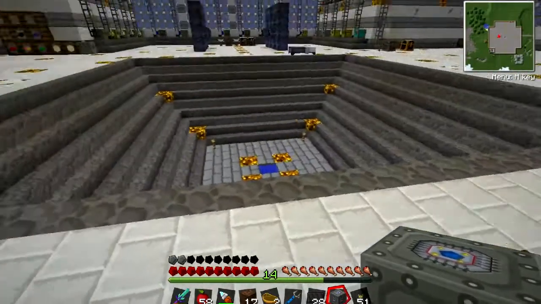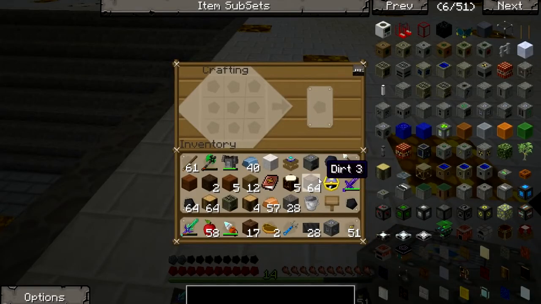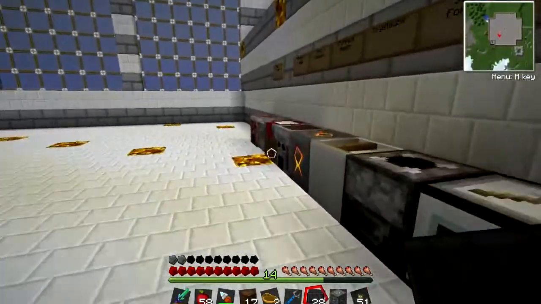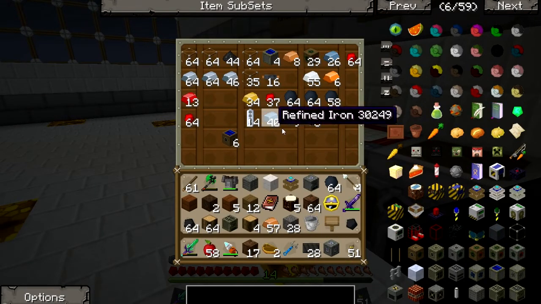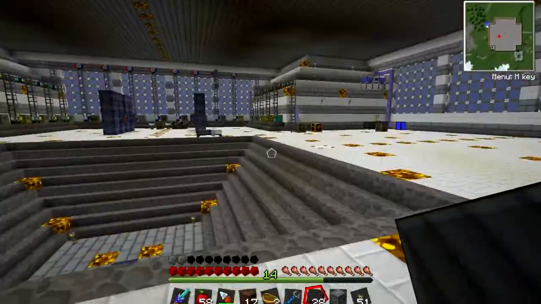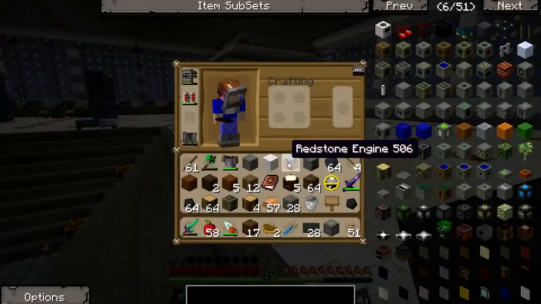Because this tree farm is going to produce an awful lot of wood. Well, let's make an extractor to start with. We need a machine block for that. Luckily, we made a spare one over here. Didn't we? We did. Oh, poop. Okay, everything's getting a bit full now. Inventory getting a bit full. We need to clear some of this tat out. We don't really want to lose the red...